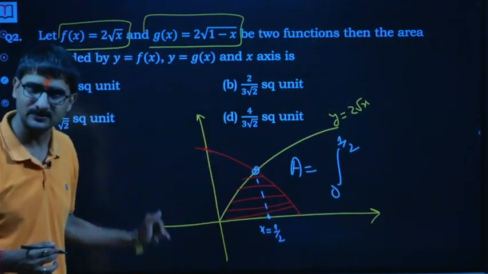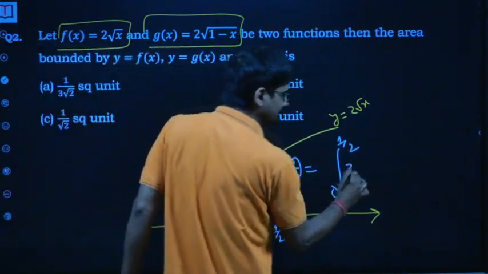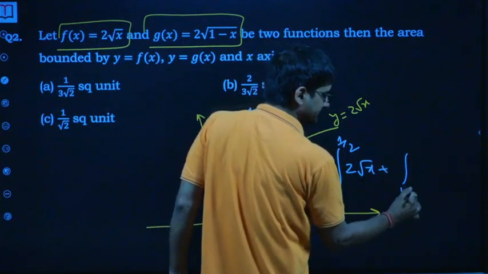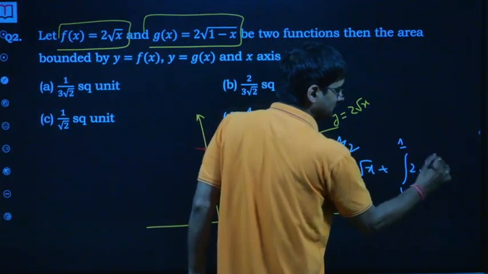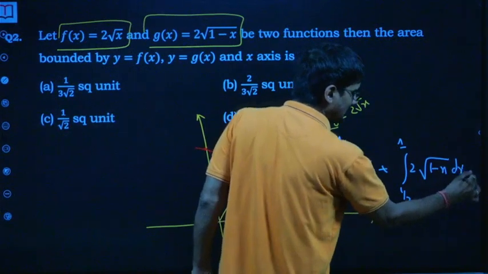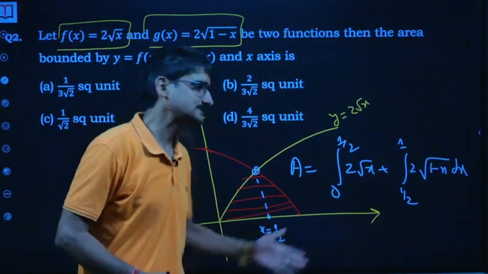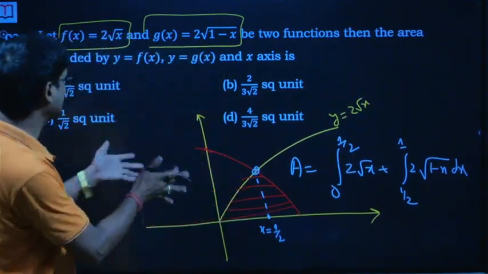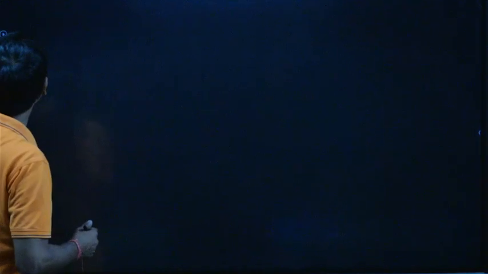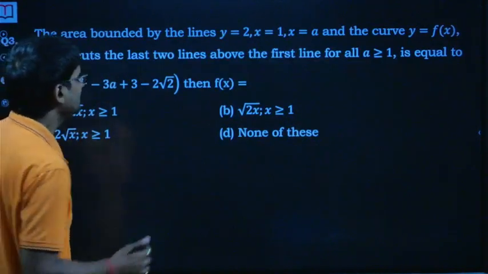The yellow curve forms the boundary of the region, which is 2 root x. So again that's a simple direct question, and 2 times another one from half to 1, the red curve forms the boundary of the region, hence that is. So that's the answer for it. Again I will say calculate it and get the answer. So I'm moving to the third one.